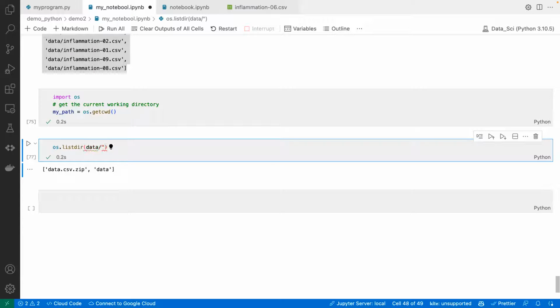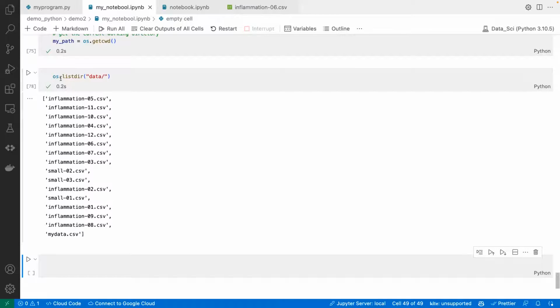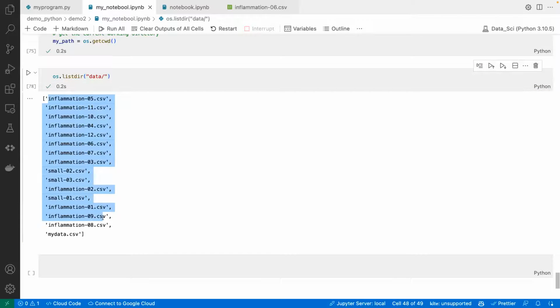Maybe it's here in data. There. So os.listdir here also makes a list of the directory you are in. You just take everything. Now, for those of you that are wondering, yes, you can filter these kinds of things with conditionals. You can do something like a for loop